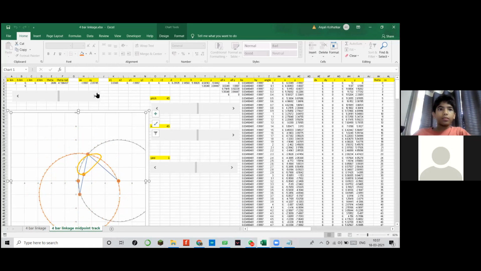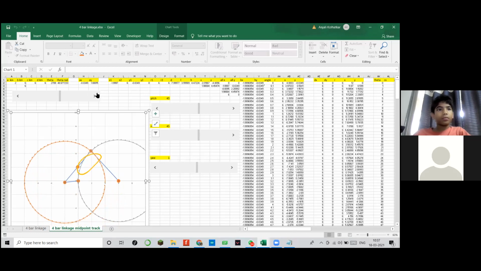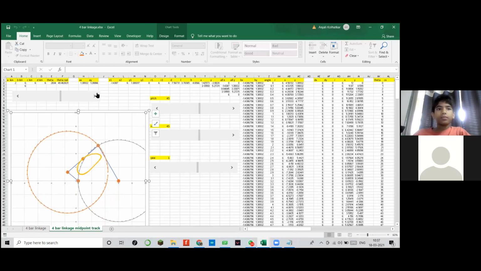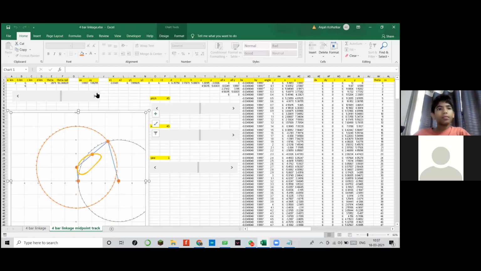So now what you have to do, you got a curve, no? The midpoint is following a curve, and in this curve, you have to generate a tangent line. When that tangent line moves to a certain point in time, the tangent line and the curve will be the same, and that is the line, you can say, the straight line portion.